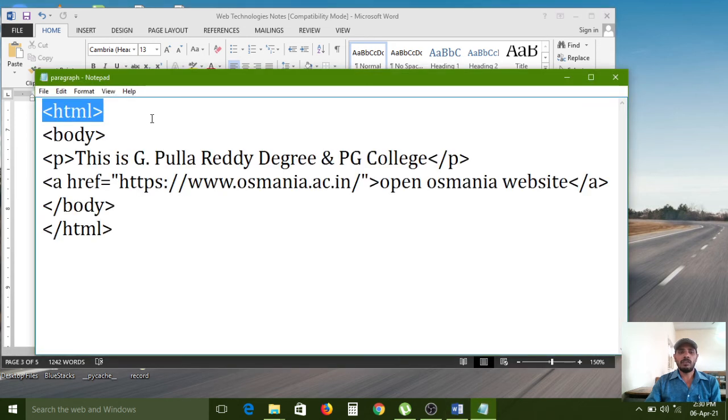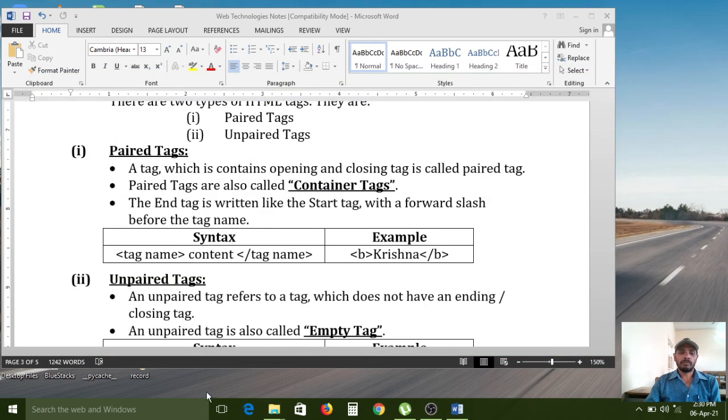Carefully observe, here HTML is in between angular brackets, and a closing tag is also required. The starting opening tag is required and the ending closing tag is also a must. Because of this, these two are paired tags, opening tag and closing tag.